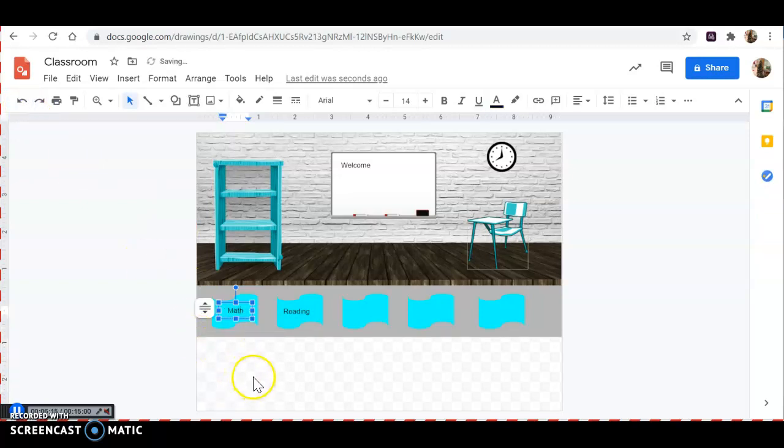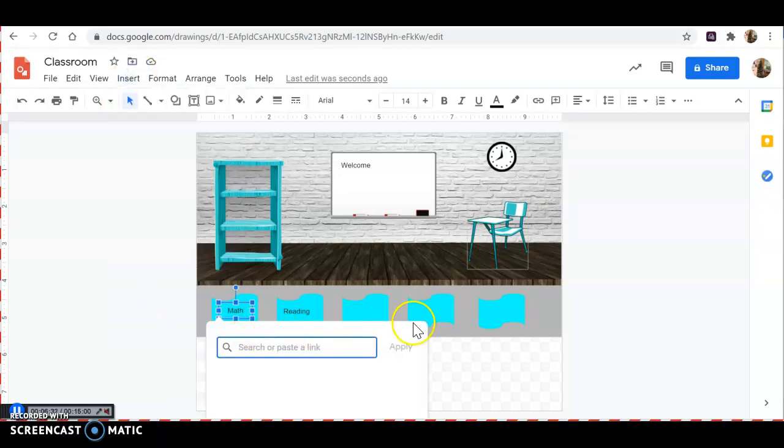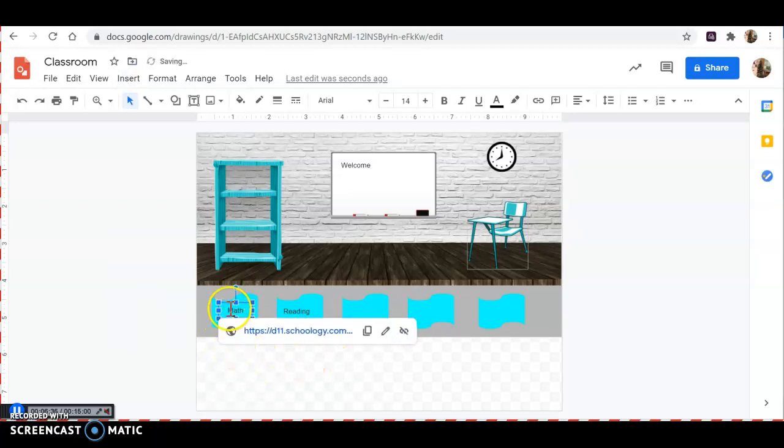So when you're dealing with a text box, you have to be very careful. You need to highlight it, and then you need to kind of click on the blue box outside so that I've highlighted the box, but I do not have a cursor inside the words there. Now I'm going to say insert link, put my URL in, hit apply, and now you can see it's an